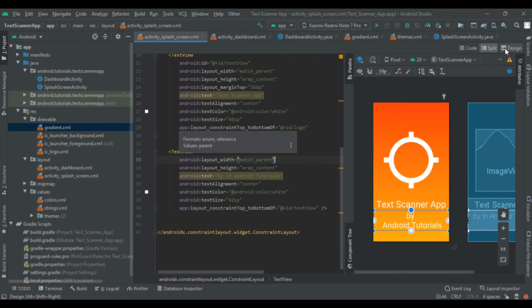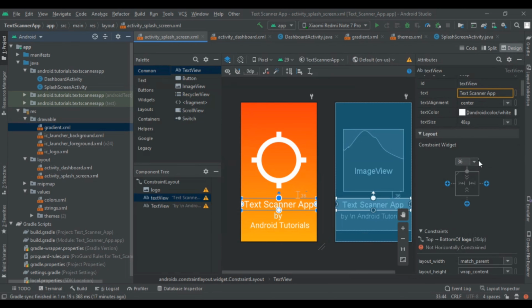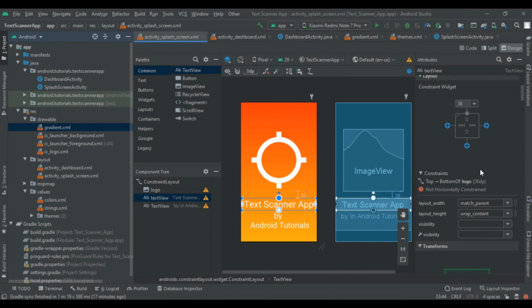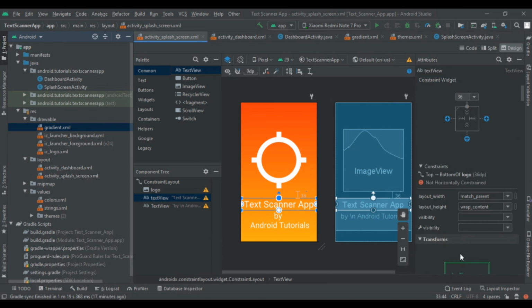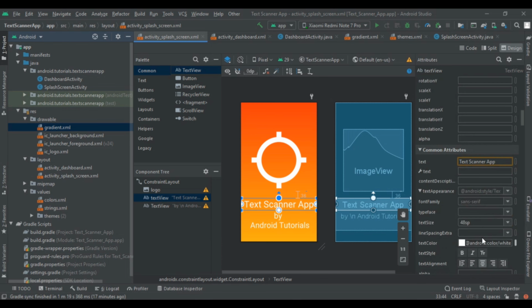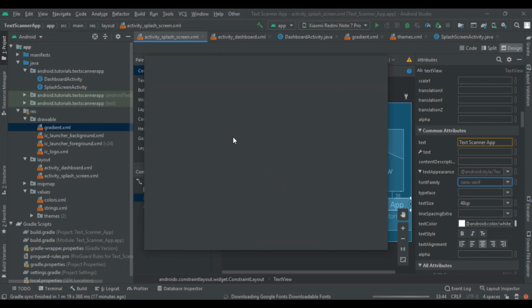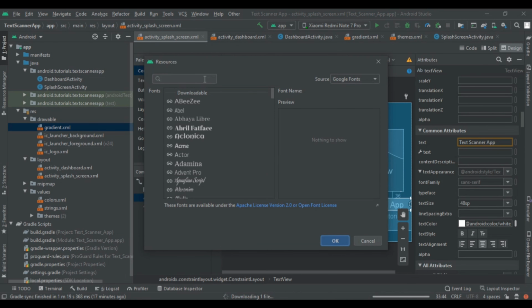Now come to the design part, and in the design part we have to add the font family. Find font family in this attributes place. Here it is, font family. Here we are going to use a font family of this type.